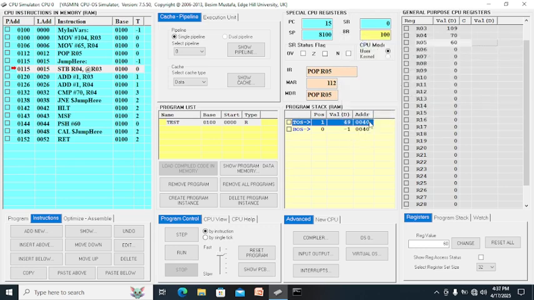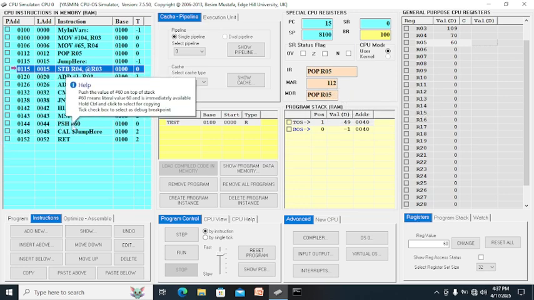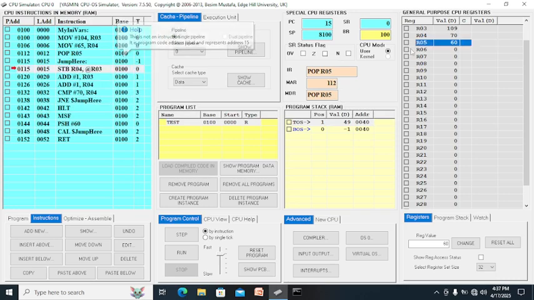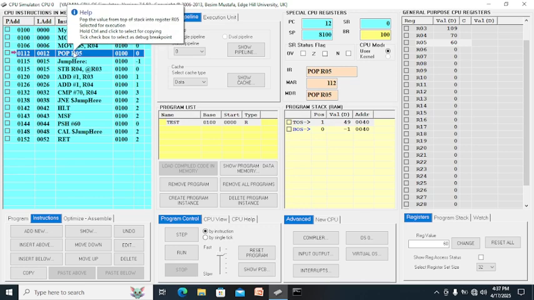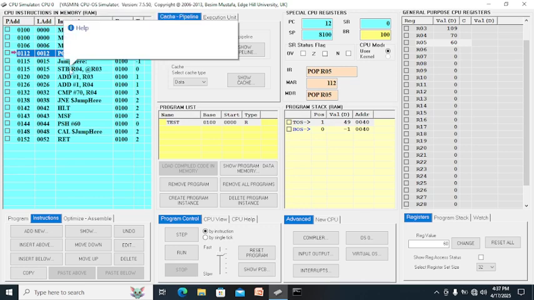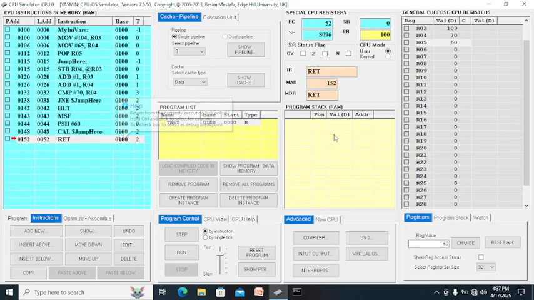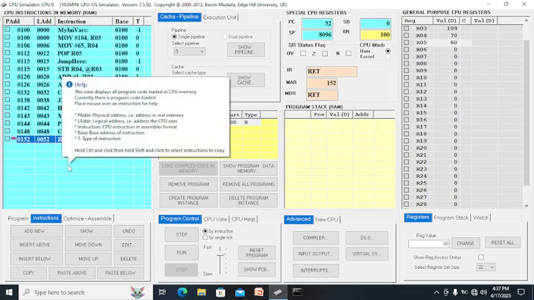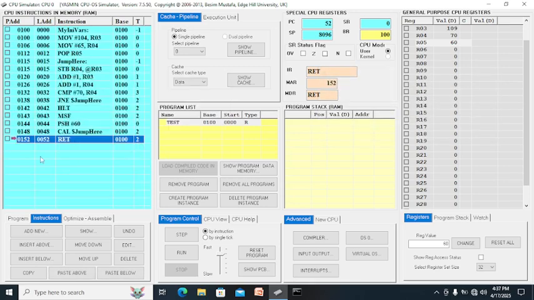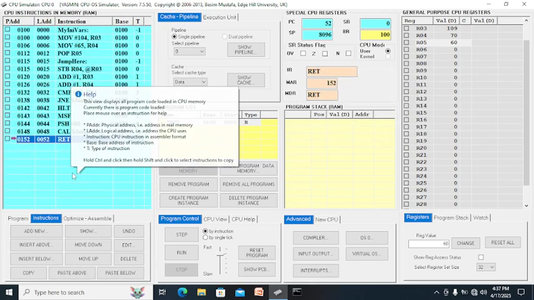So that's what happened. After pushing 60, you can pop and the value 60 goes to R05. Okay, so when you click return, it will clear this stack. So that's what's going on.